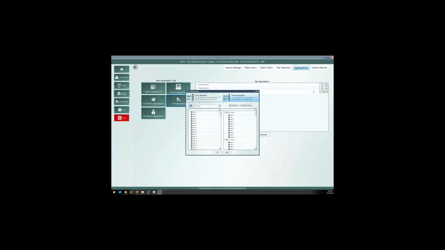The other thing I want to show you is that we did a little bit of work on custom aggregations, where we made an option so that you can have flexible aggregations or strict aggregations. Before, everything had to be mapped to exactly one group. Now we have an option where you can map things to multiple groups. So for an example here, I made a population example where we have the same ages appearing in different areas.